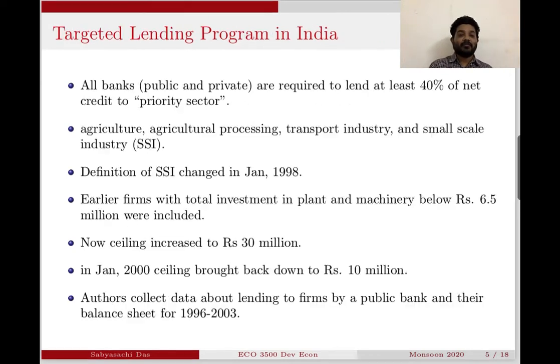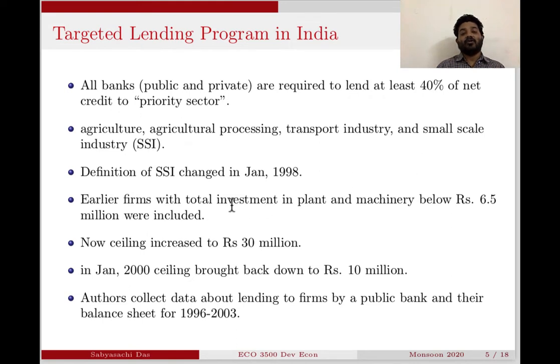So what is the targeted lending program? All banks, both public and private, are required to lend at least 40% of the net credit to certain sectors which are called the priority sectors. Okay, so basically banks themselves face some kind of regulation in terms of who they can lend money to, and this is a regulation which says that at least 40% of the money that you lend out to various firms should go to certain sectors which government considers important. These are agricultural processing, transport industry, and importantly, small scale industries. So basically, government wants to ensure that small firms get enough credit